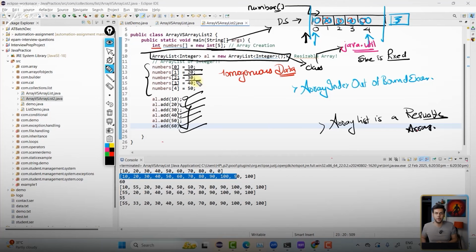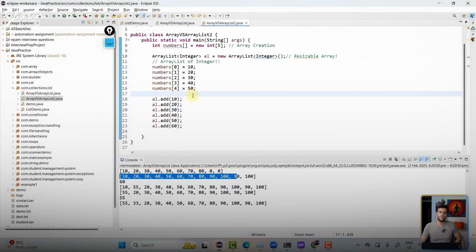Getting the point? Yes or no? It provides me with different algorithms. Which are those algorithms? We'll see in a moment. But that's what the whole definition of a collection framework is. These methods like add, where exactly are they coming from? Collection interface. Are you getting the point? Implementation is taken care of by your ArrayList. All right, let's go ahead, quickly write a little bit more code. So add method, my dear friends, is going to add the element in the ArrayList. Is this part clear to everyone?